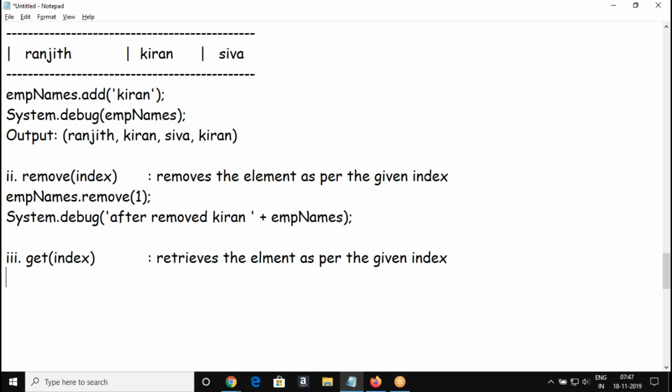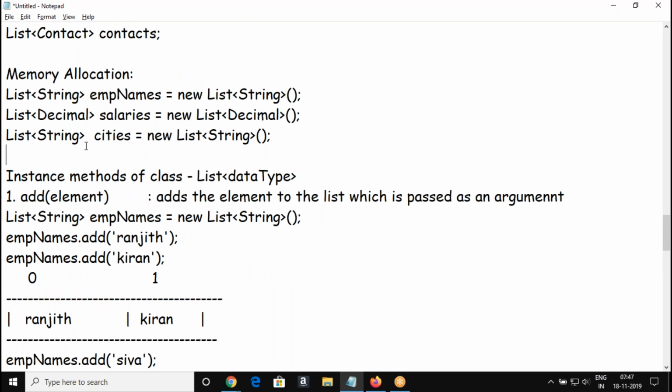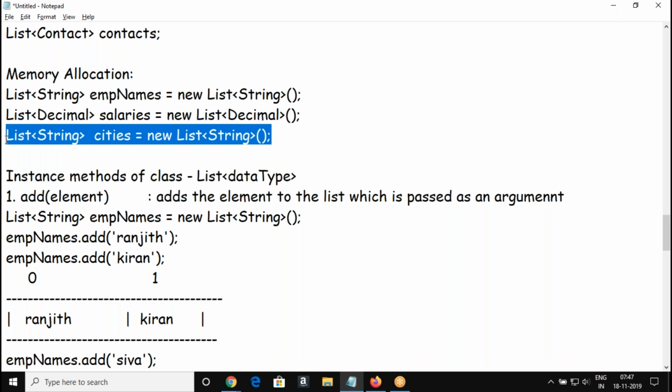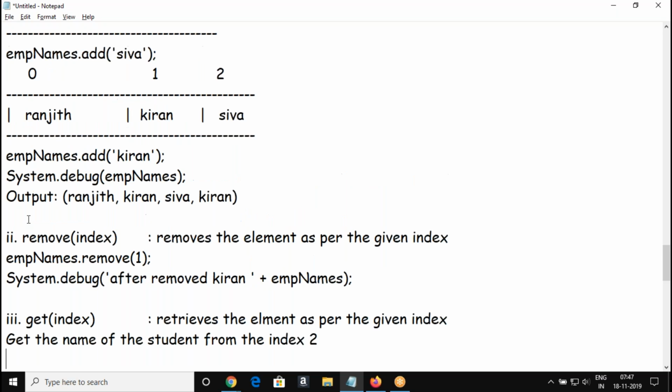So I need to get the, okay, let's work with the same list only. I need a value: from index 2, get the name.